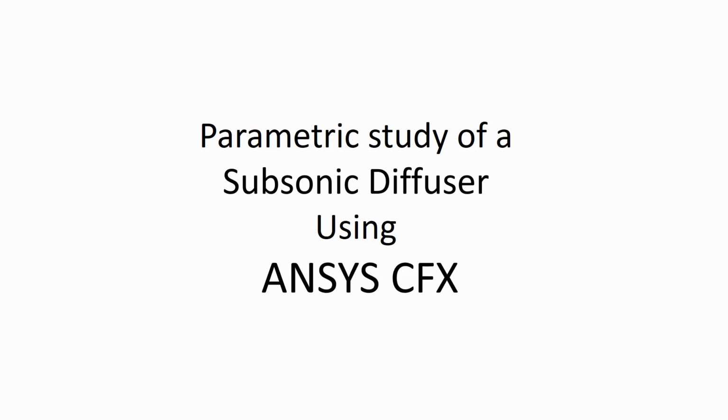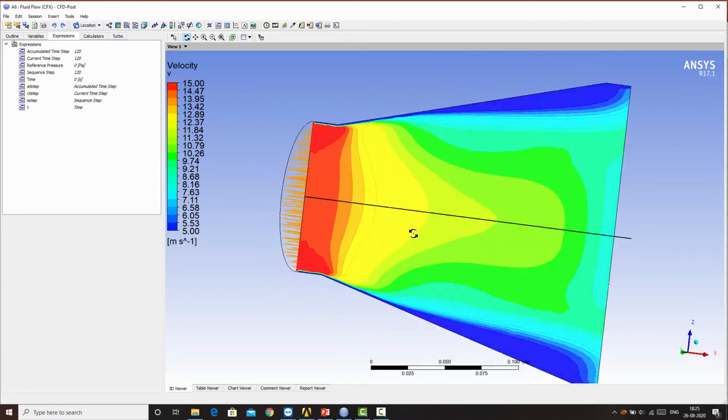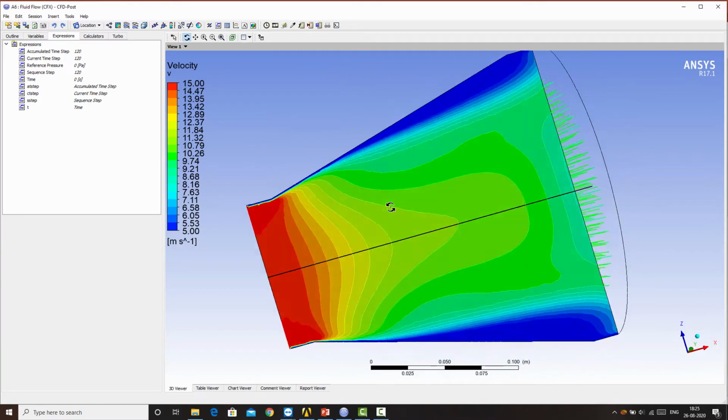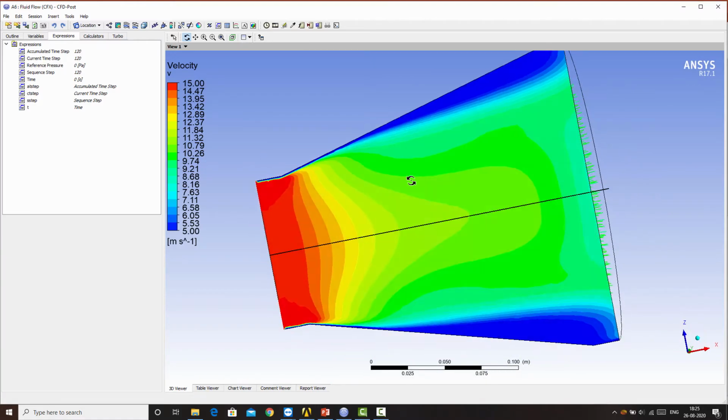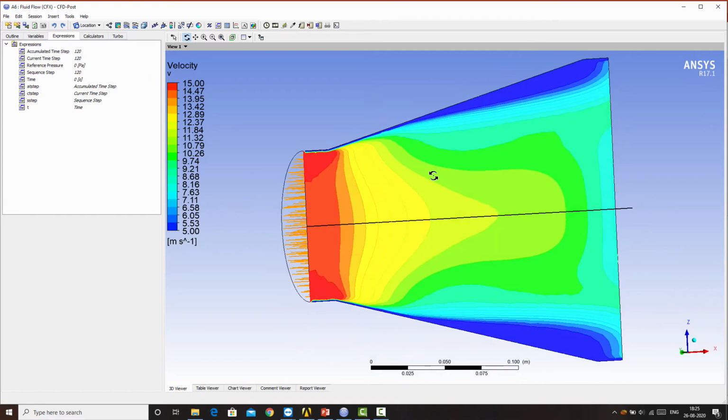So welcome to Project Z, and in this session we will discuss the parametric study of subsonic diffuser using ANSYS CFX. In the last session we discussed the basic CFD setup, so we will be discussing the parametric part here. So this is the CFD post-processing results of the last flow setup for the diffuser,